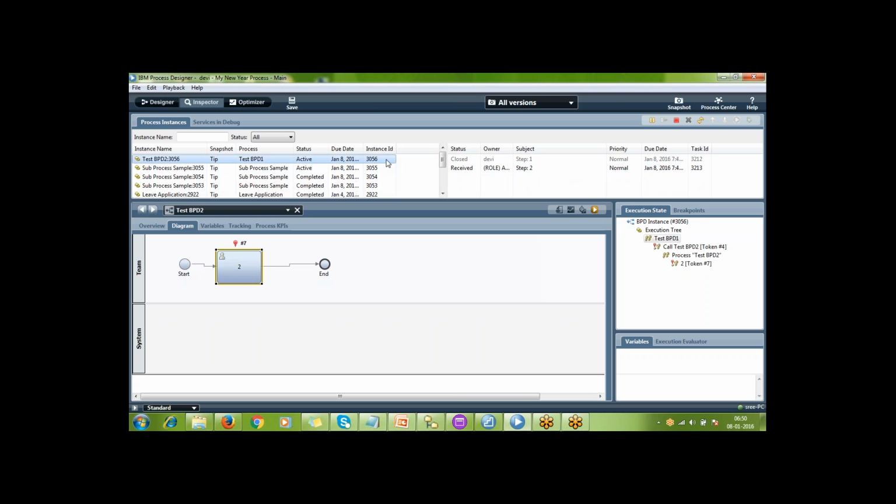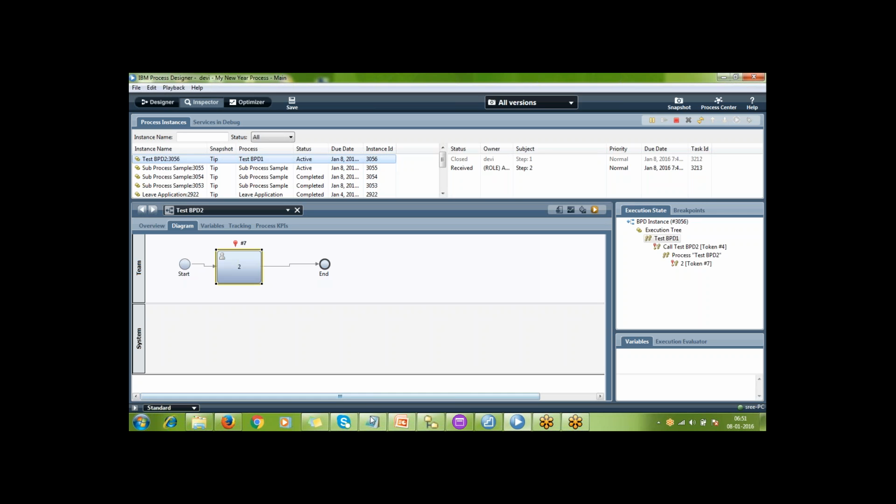It will make an entry and try to retrieve it. So if the two BPDs are running under the same instance, there is no need to make an entry for the other BPD, no need to create an instance ID and make an entry in the LSW_BPD_INSTANCE table in order to retrieve it. That operation is not required, because both BPDs are running under the same instance. So in terms of performance, this will be good.